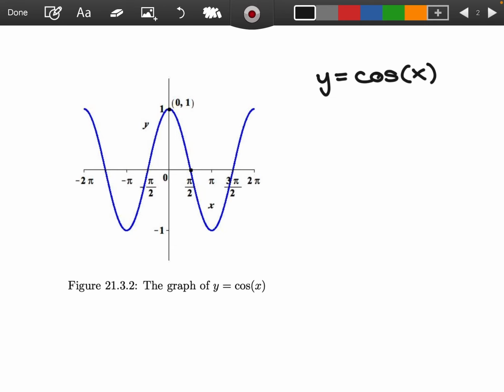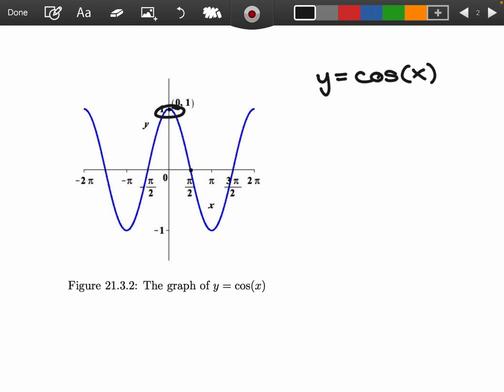Okay, so now we are going to do the same for the graph of y is equal to cosine of x. You see it's very similar to that graph of sine of x. Okay, it still has this periodic wave function to it. Difference is that now we have some different x and y intercepts, but the majority of the rest of the properties remain the same,